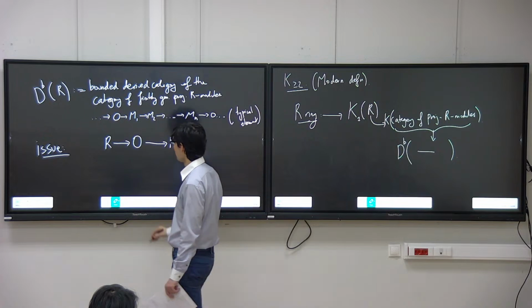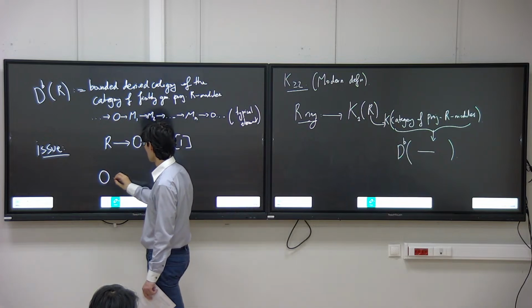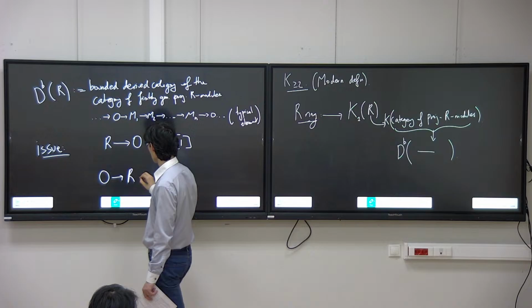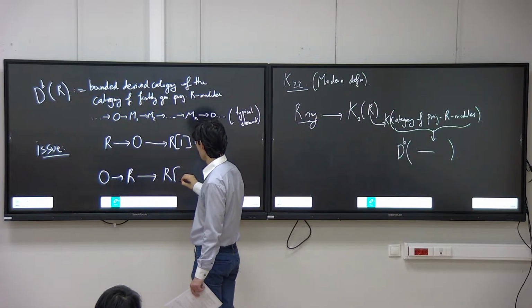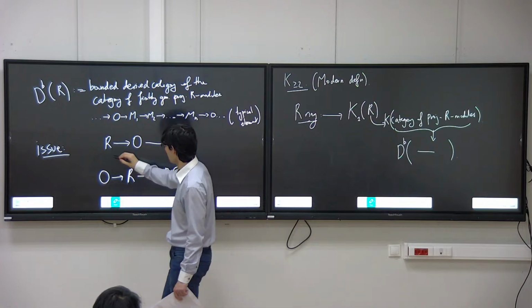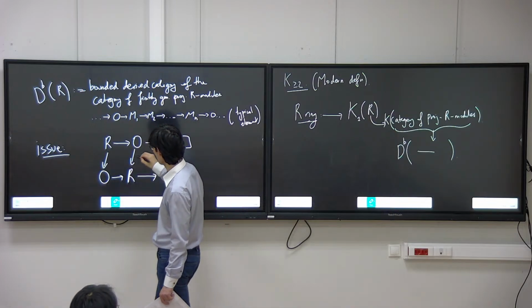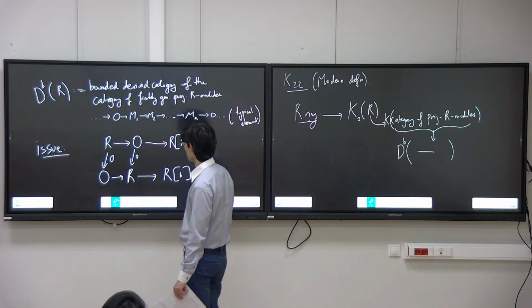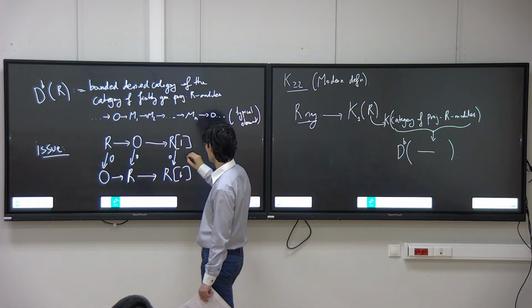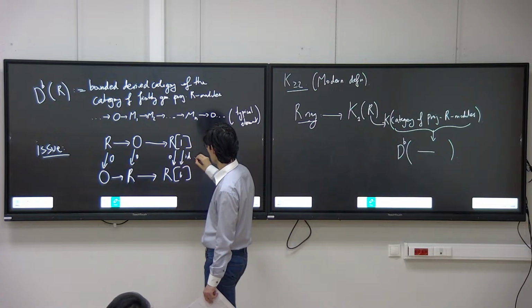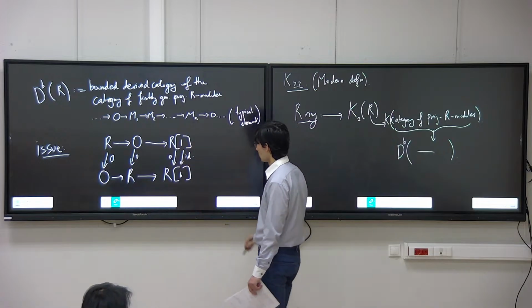On the other hand, you can also take the map from 0 to R and consider its cone, and it's also R of 1. Here, both of these maps are 0. However, there are two possible maps here: either you can make 0 or you can make identity. And the cone